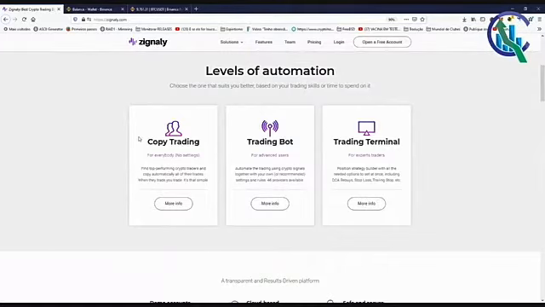So if you find a trader that you trust, you can just copy his or her trades, and as long as they are successful, you will be successful as well. So it's a nice idea. They also offer the trading bot, which will be the subject of this video, that allows you to automate your trades based on signal providers like CQS and others, and the trading terminal that allows you to place manual trades. So you choose when to start, when to stop, when to take profit, and everything.